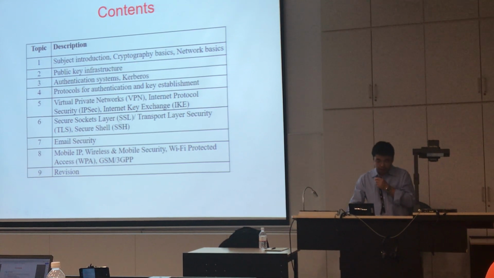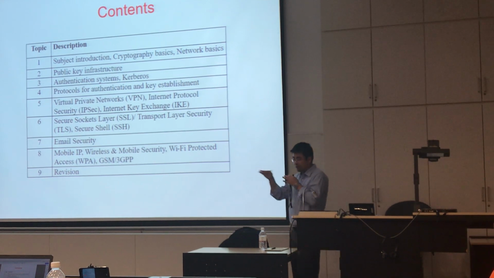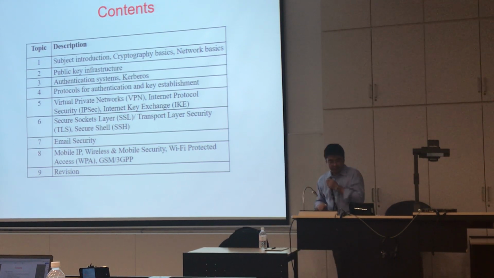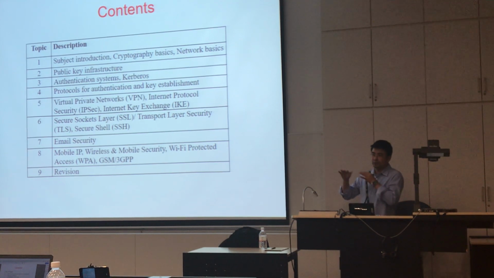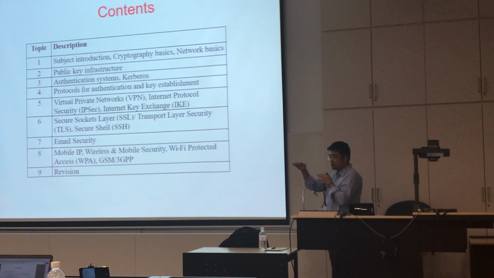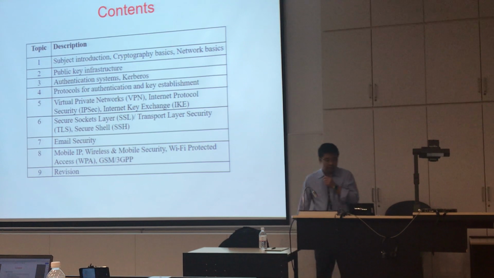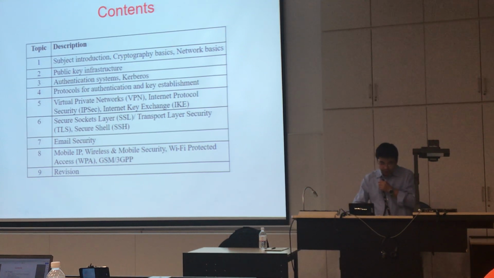All right, so these are all the standards related to the TCP/IP infrastructure. For TCP/IP, we have different layers, right? And then we have different standards at different layers. Email security actually is application layer security. Email is at the top of the TCP/IP stack. For the email application, we also have standards like S/MIME and PGP, which we use to protect email. So these are all related to TCP/IP. We have different standards for different layers.